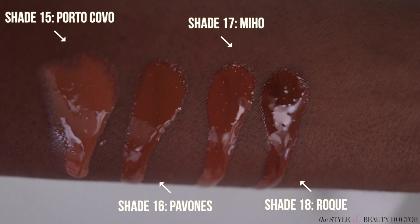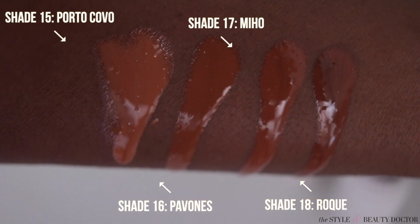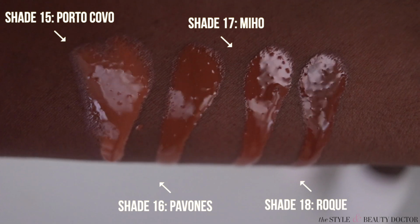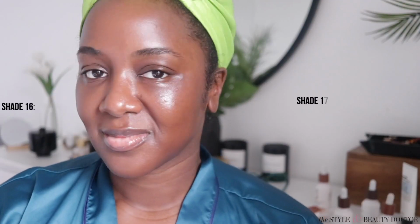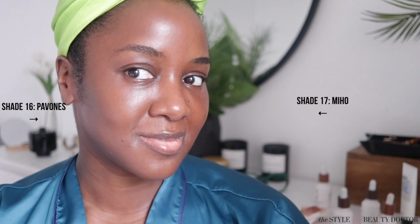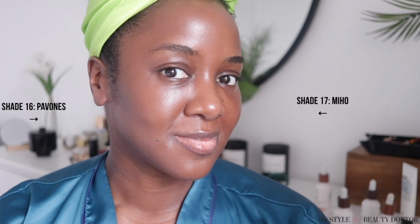Because what's going to happen, which was what happened to me, I was like, oh, shade 17, as I was putting it on, I could tell this is a little too dark for me, but then when it adjusted after a minute, it was like, oh, okay, this is way too dark. So something like this, I would say a